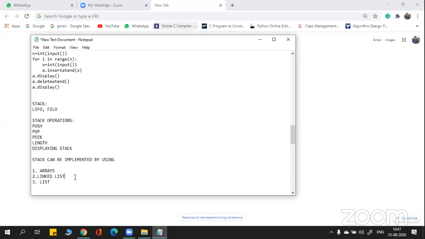Coming to linked list, how can we implement stack here by using linked list? It can be implemented in two ways. I'm just writing it here. Give me 1 minute. So one way is doing with